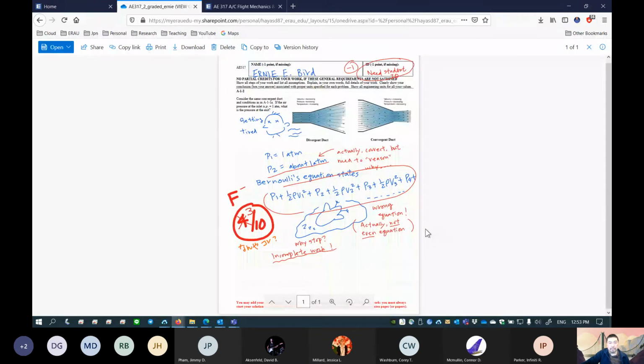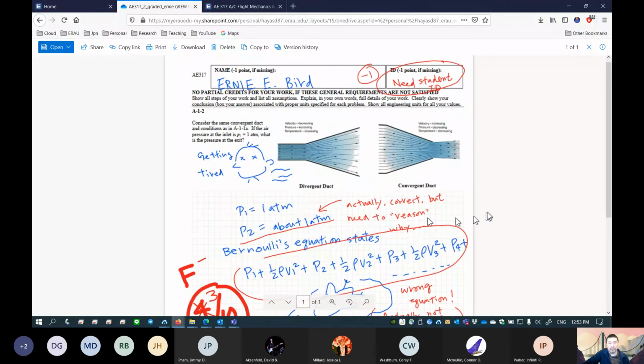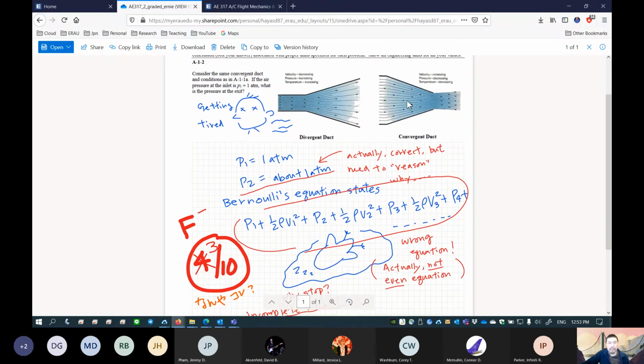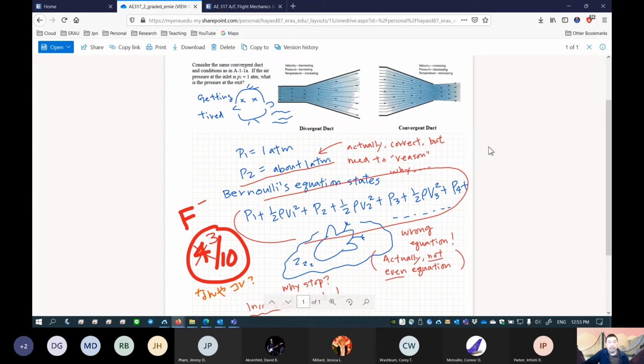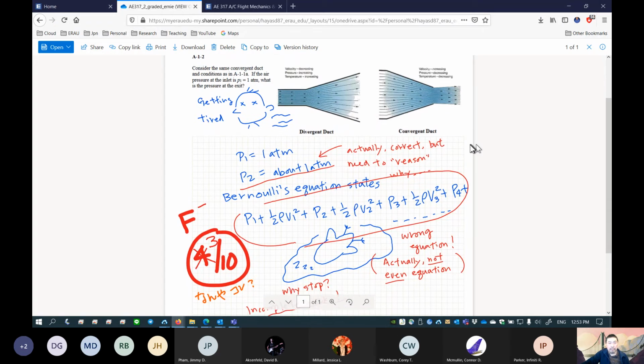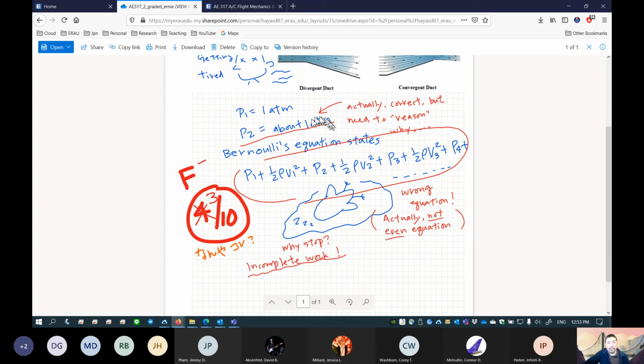Let's just take a look. So this is a graded work. Obviously, Ernie forgot to put student ID, so I took the points off, minus 1 point. P2 is about 1 atm. This is actually correct, but you need to reason it, you need to calculate it.